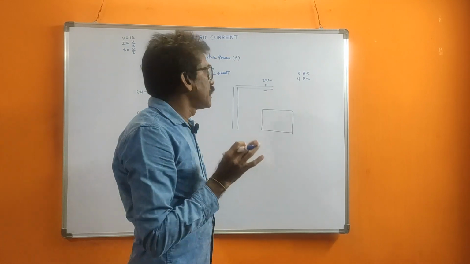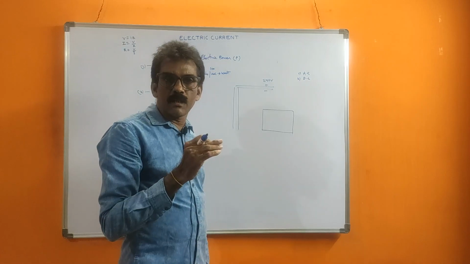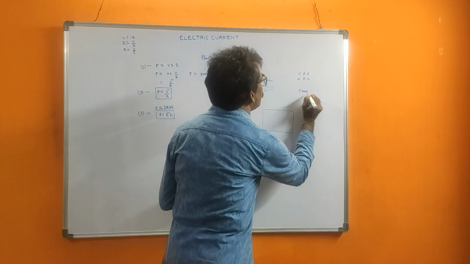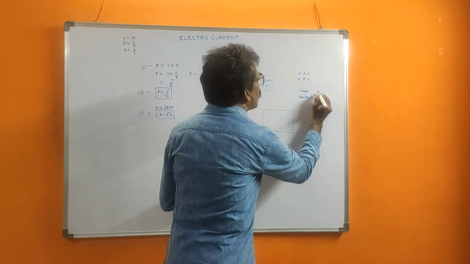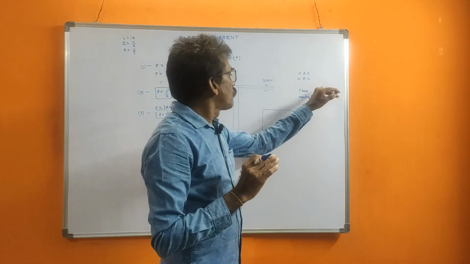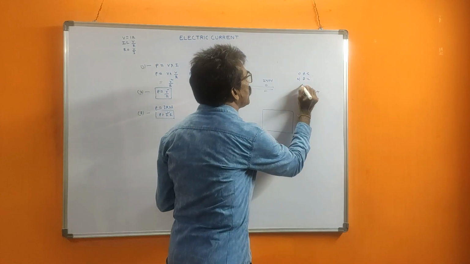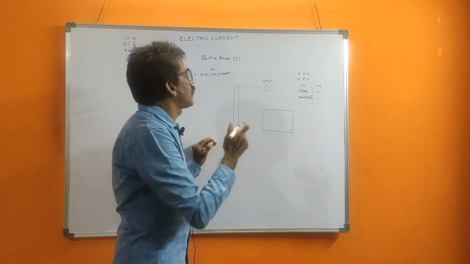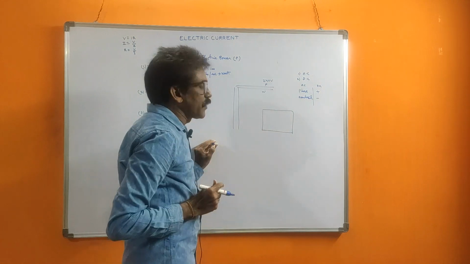Our house current is AC current. So whenever we discuss AC current, we should not say positive negative, we should say phase and neutral. Phase is like plus, neutral is like minus. In DC we say positive terminal, negative terminal. In case of AC we call them the phase wire and neutral wire. One phase wire is there, phase 1, I will write P, N for neutral, then phase 2 and neutral.